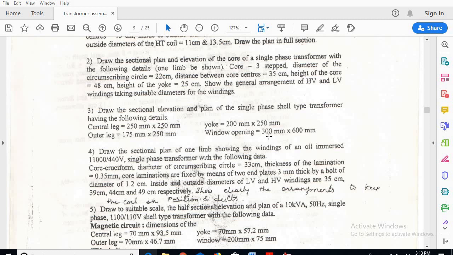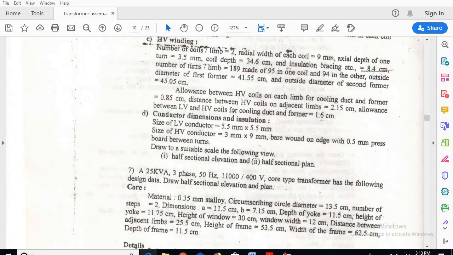Next plus the central leg, which he has given as 250 mm, plus 250 mm. Next again plus window width, 300, plus outer leg 175. So these are the dimensions of your elevation.